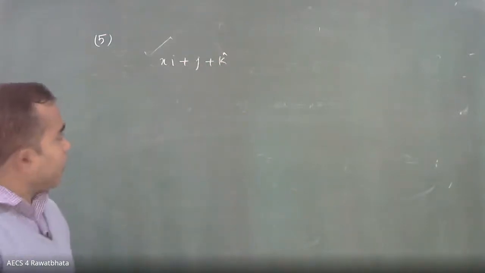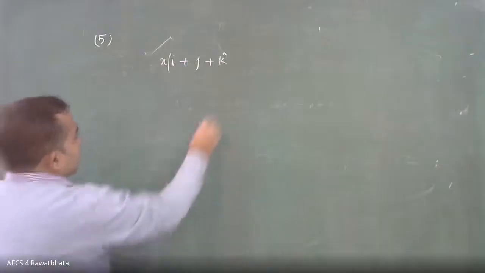Find the value of x for which x i cap plus j cap plus k cap is a unit vector. Okay. Is there any bracket? No bracket. Like this only. Bracket है ना? Sir, X, I yes sir. X के बाद bracket है. इधर भी. हाँ. Okay, so they are asking that find the value of x for which this is a unit vector.